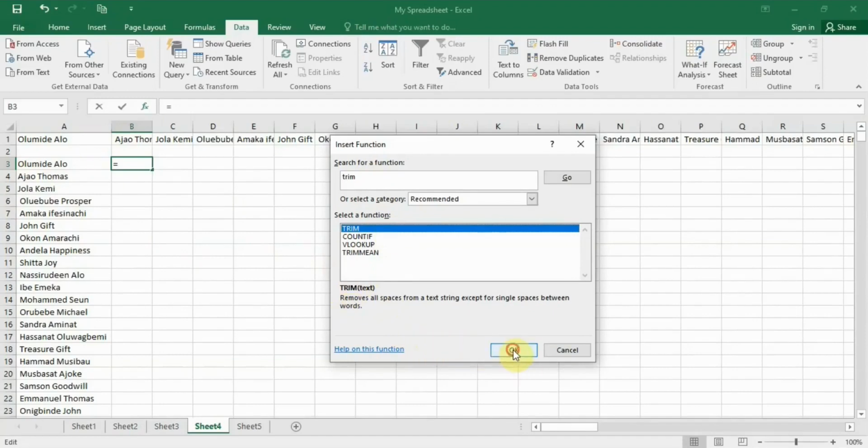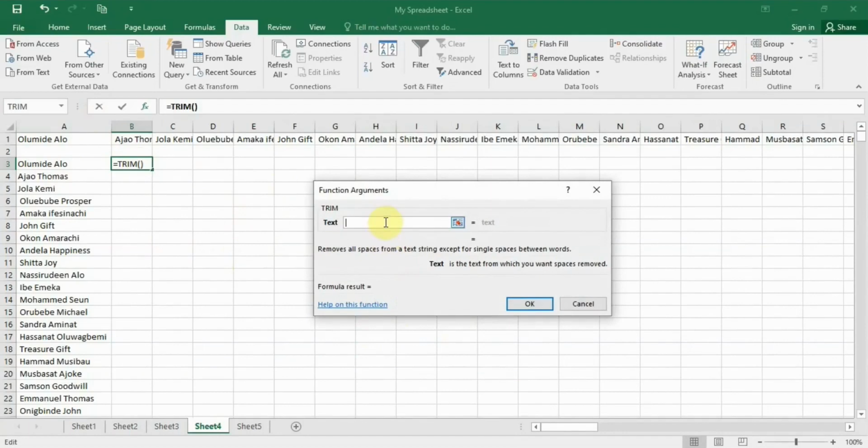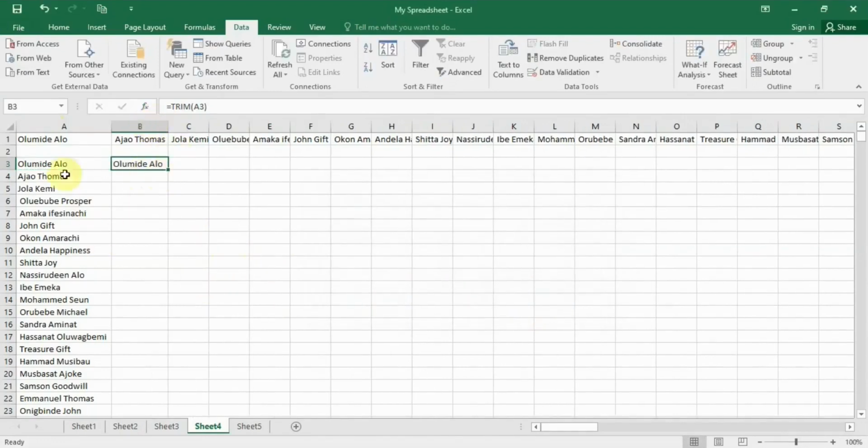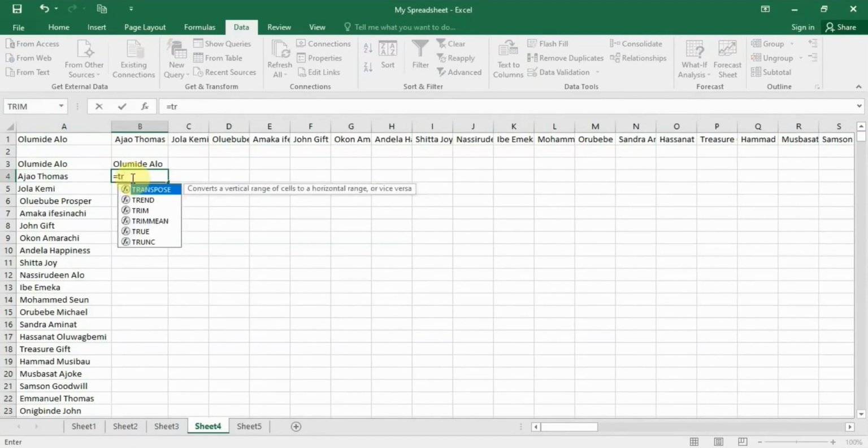So if I click OK, it will ask me to enter the text where I want to trim. So I want to trim all these texts, all these names, but let me start from the first one. If I click this, it is cell A3. If you see cell A3, Olumide Alo, and if I click OK, it has trimmed. The same way, if you want to trim Ajao Thomas, if I enter the trim function manually, you see TRIM, I click,